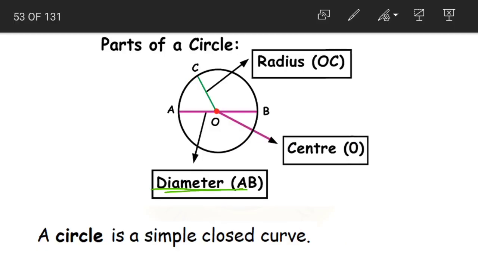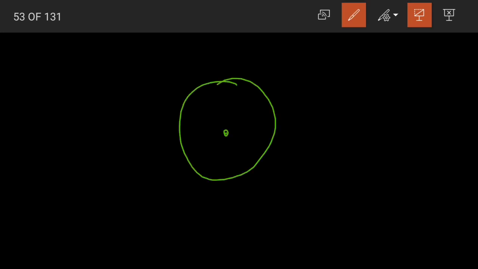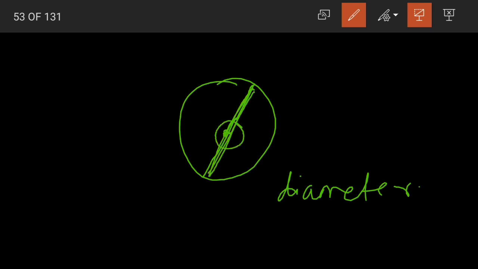So what is the diameter now? Again, we have a line segment passing through the center. This was radius, right? From the center to the boundary. Now if this line is extended to the other side, this becomes our diameter, children. It is a straight line passing through the center of the circle, and both ends are touching our circle. Is this clear? It's like cutting our circle in half.